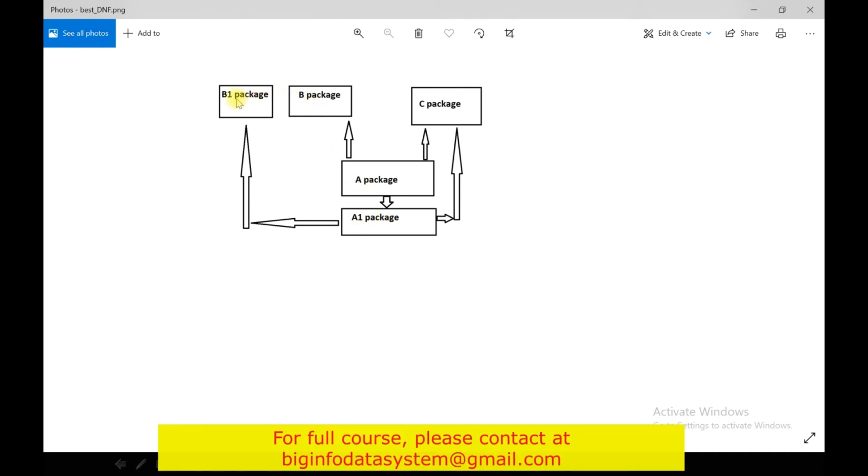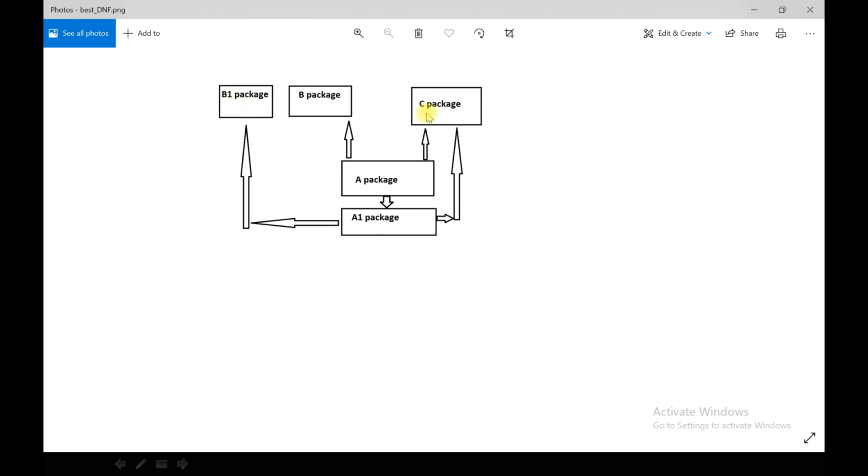Package B should be able to upgrade to B1, and package C should be able to upgrade to C1. But as we don't have an available package for C, it still will be able to upgrade to package A1 with package C and B1 package.